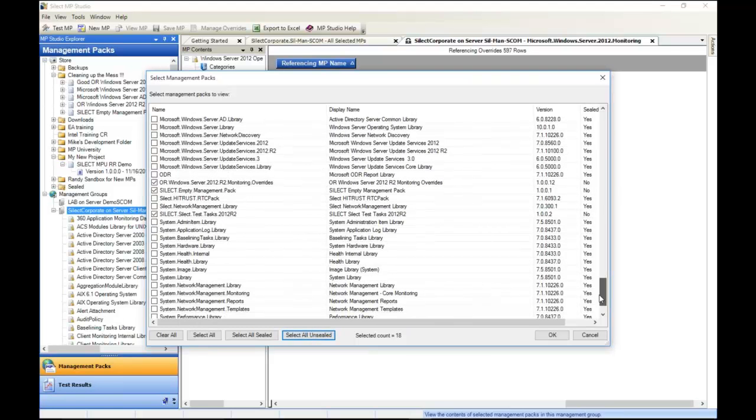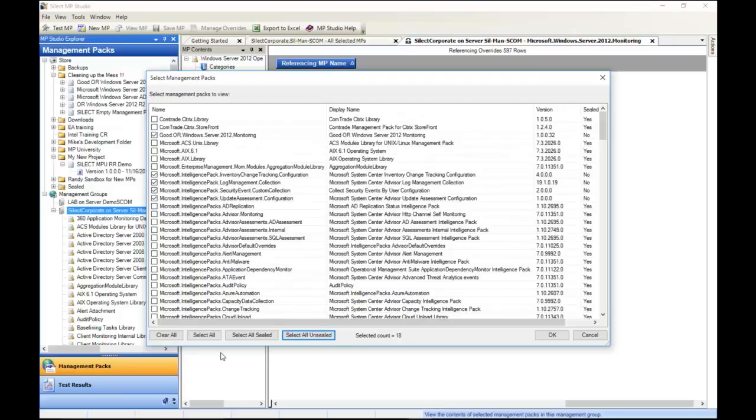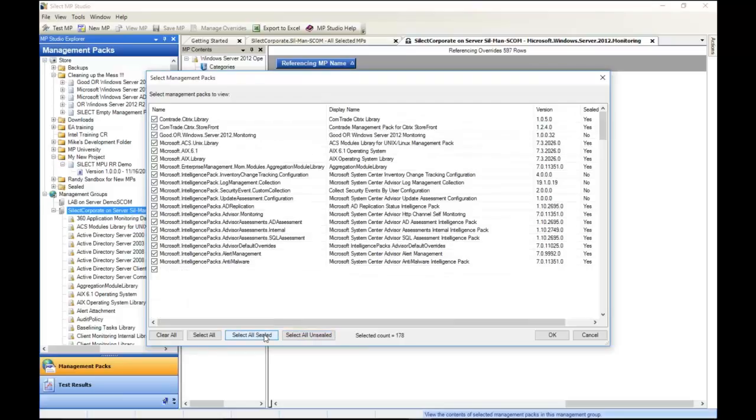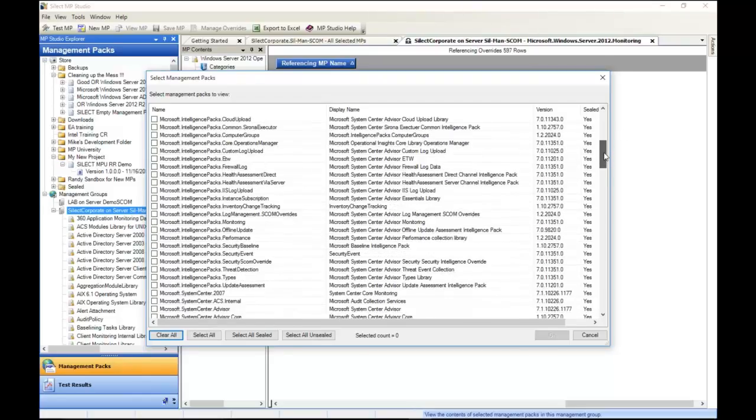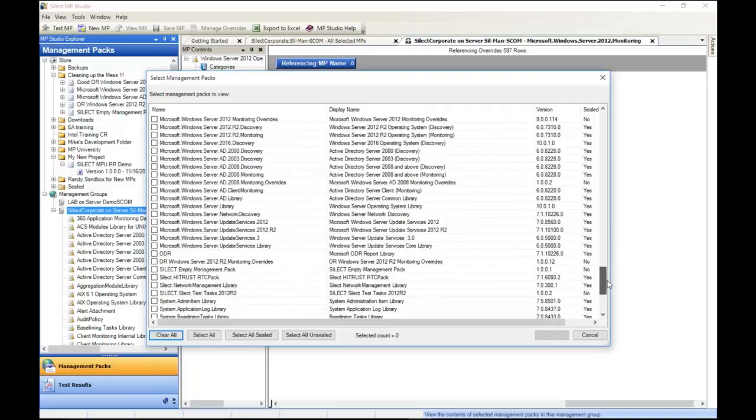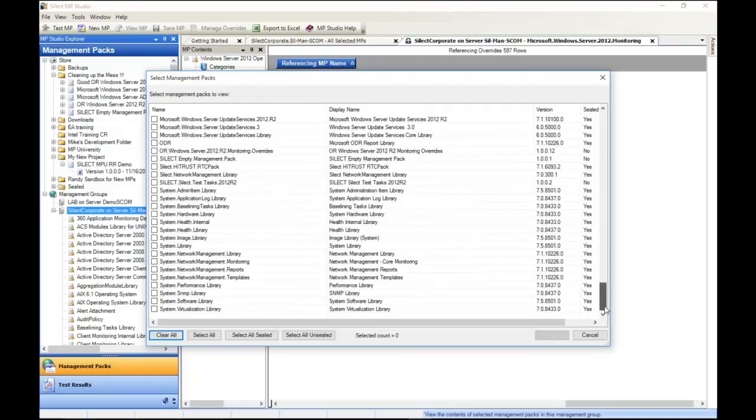Okay, so it's just selected the unsealed management packs. Or you might want to select just your sealed management packs. Or you could just manually go in here and pick the ones you want. So play around with it a little bit. One approach that I like is I just go in and pick my monitoring MPs. I've already gone through this, so I'm not going to do it again. You won't really miss anything because I'm going to show you the result of this report, and that's where the value is. So I would go in and just pick, for example,